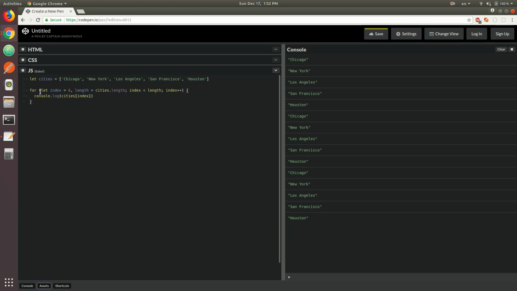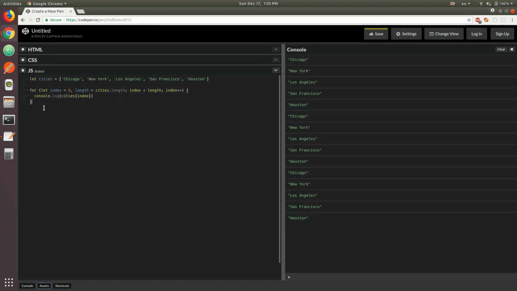We're explicitly saying, okay, you first have to define the index, then you want to check that that index is less than the length of the array in every single iteration, and once you finish iterating every single time, you want to increment that index. So we're laying out every single step for JavaScript and how we want to process this array instead of just processing it. So this approach is known as imperative, and this is in contrast to the declarative approach,